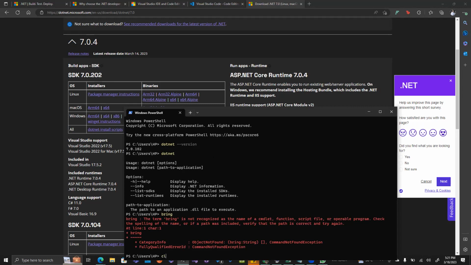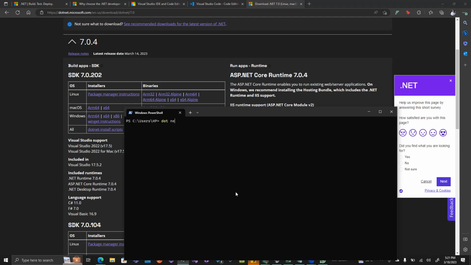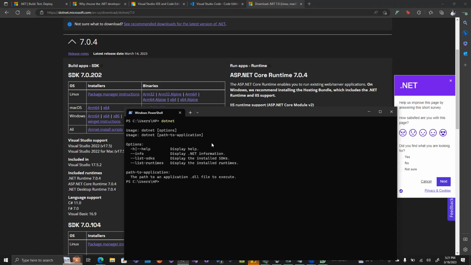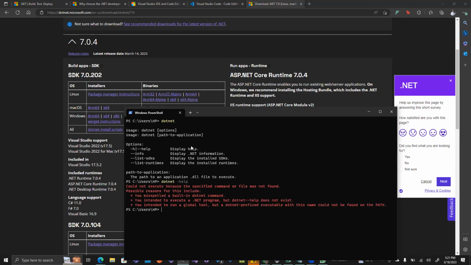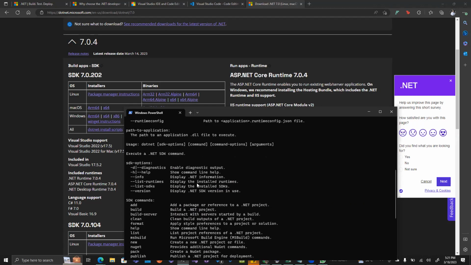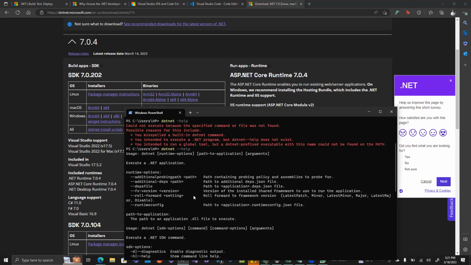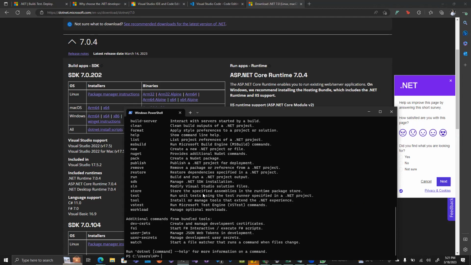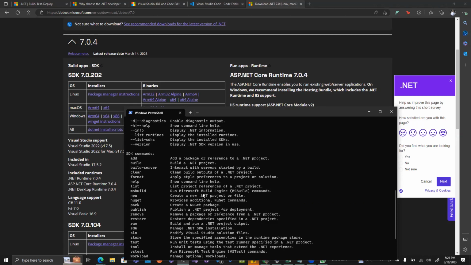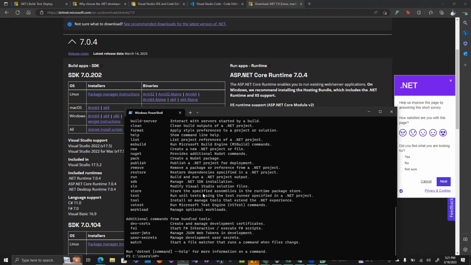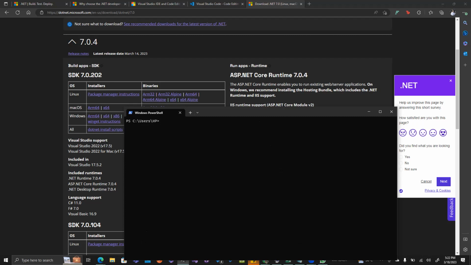But because I have .NET installed on my system, it understands what I mean by dotnet, and then it tells me all of this. It tells me if I want to get help, I just do dotnet help, and it gives me a lot of assistance that I would use to work with .NET on this system, right? You do not need to bother about this because most of these things you're probably not going to be using them, right? But that is just to let you know that .NET is already installed on your PC. So we're going to come back to that in a bit.